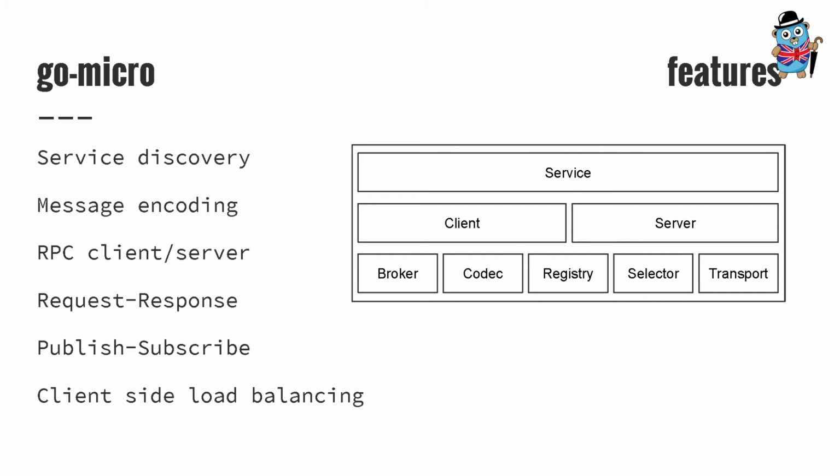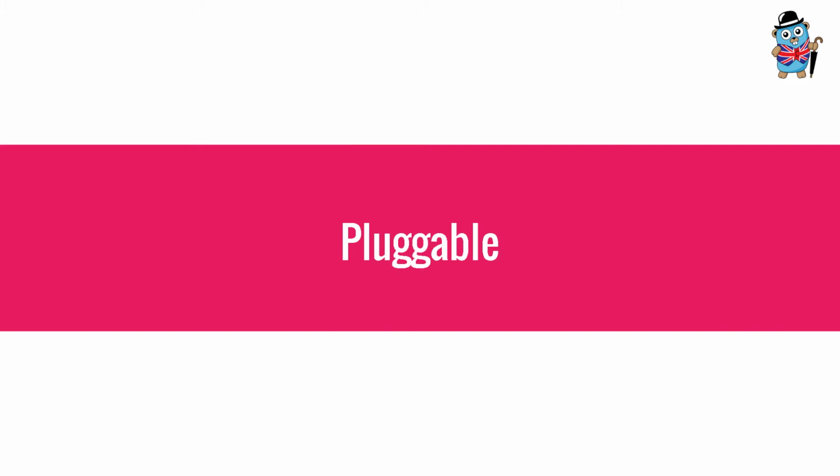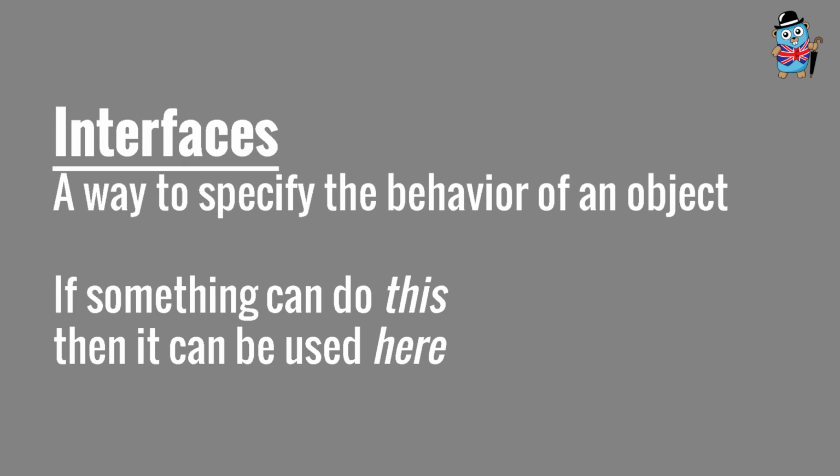And what you can see from this image is that it's a layered architecture. Each package at the very bottom focuses on a specific feature, and then you can pull together these packages and these features to create a client and a server, and then you use that client and server to define a service. That's how I think about composing software. So, getting a little bit deeper into this pluggable aspect.